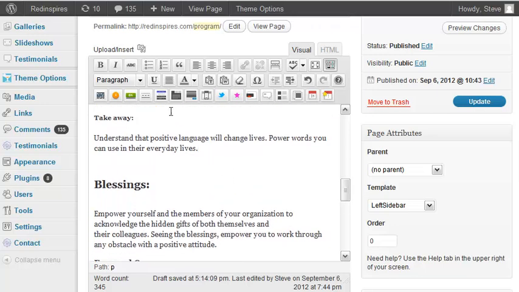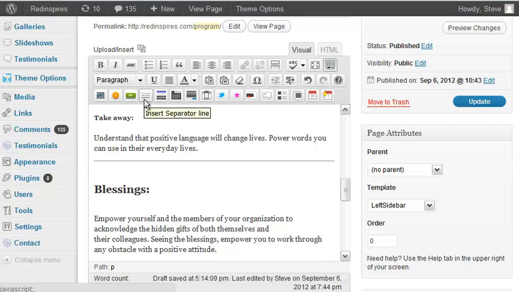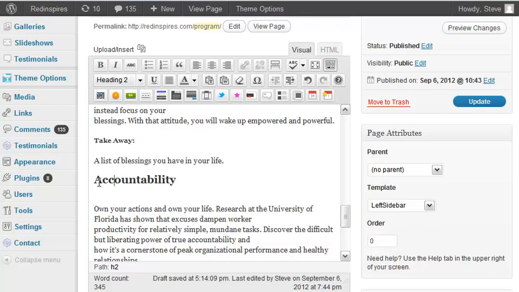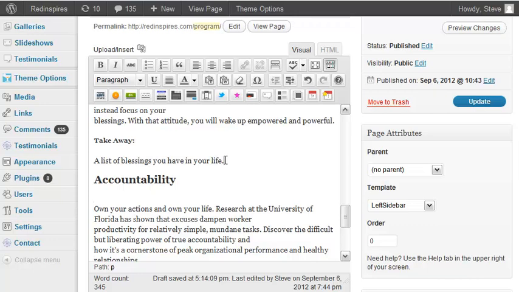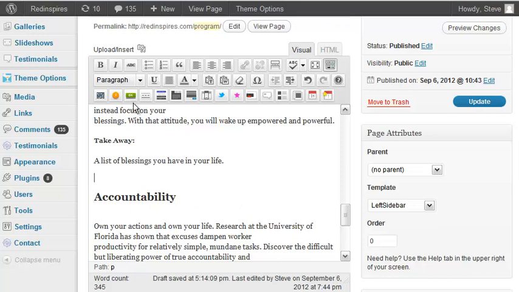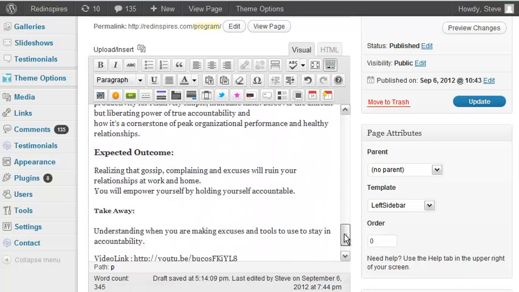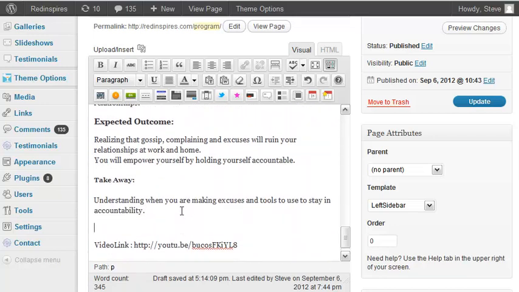And blessings, insert line separator. Be careful not to put your mouse cursor in front of here, because if you do that and you press enter and you insert a line separator, it'll give it the heading 2 tag. So you don't want that. That's why I've been coming to the end of the last sentence from the previous paragraph and hitting return, so that we have a regular paragraph, which is what we want. Okay. So accountability,